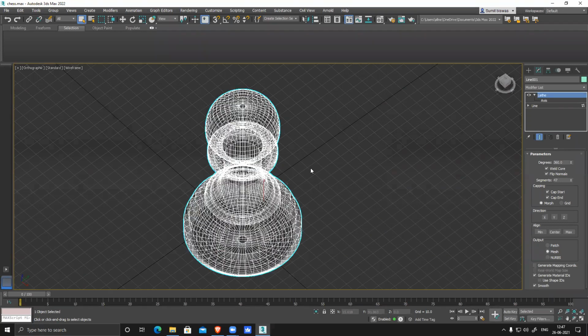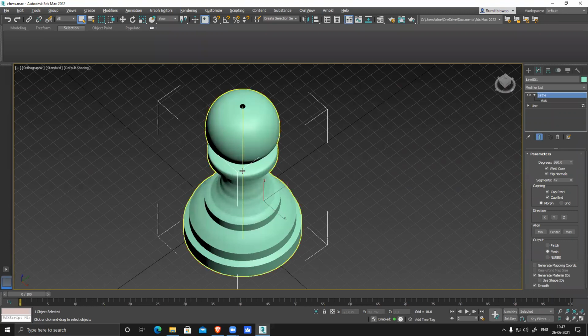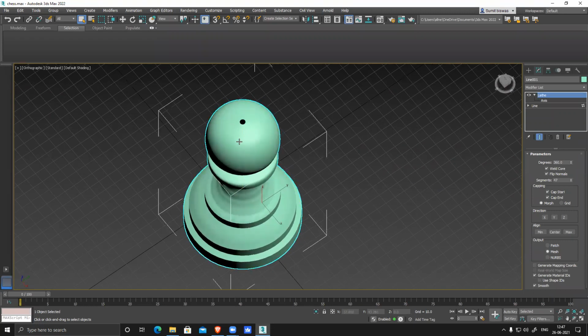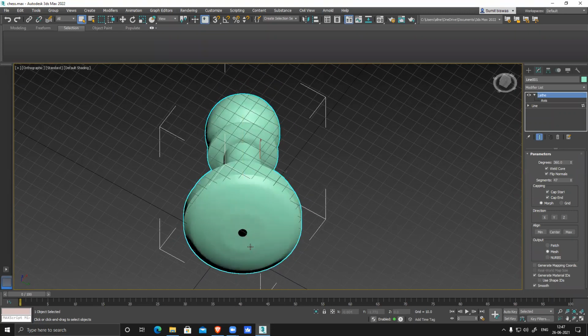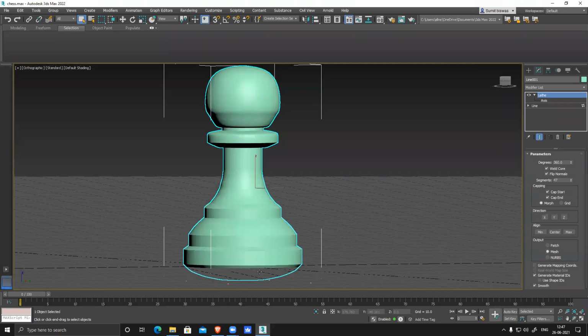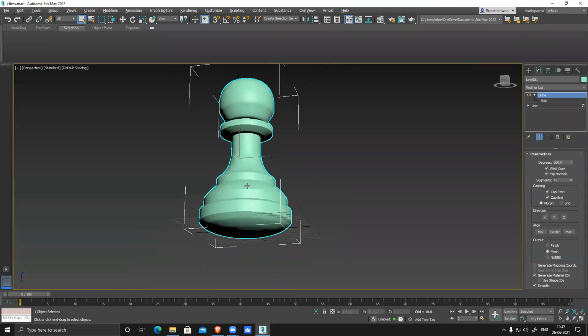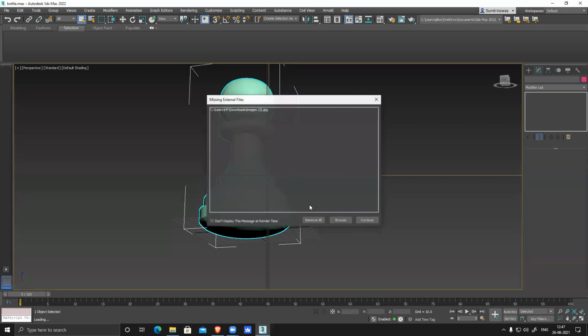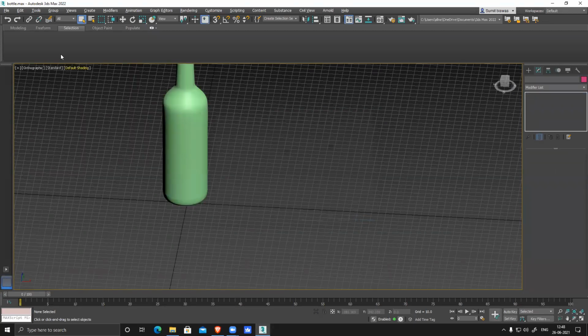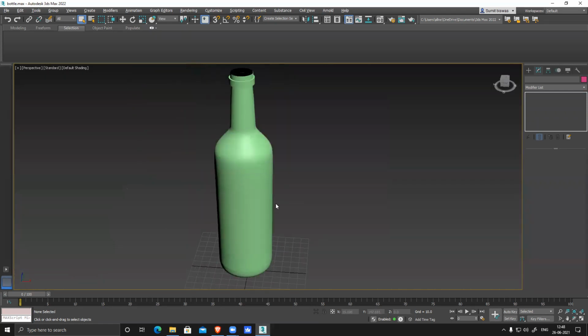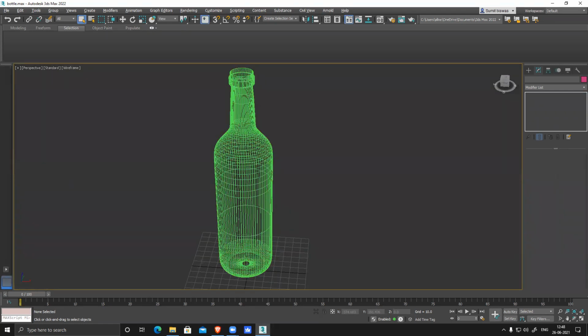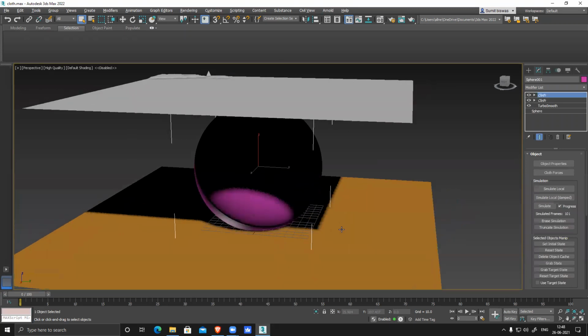The pawn he created. So Andrew, whenever you create, fix all these things. Fix all these things. I remember clearly you submitted this file previously also, and I asked you to fix it. It's not fixed yet. You're not doing anything. And I asked you to always save your file in perspective and wireframe, that is also you're not doing. You're not following anything. Maybe I said the old files. The doctor files.